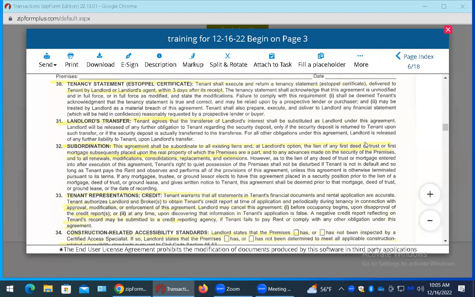Okay, so we are starting on page 4. We left off at page 3 last time. So the estoppel certificates. The tenant shall execute and return a tenancy statement, which we call estoppel, delivered to the tenant by the landlord or landlord's agents within 3 days after its receipt. Sometimes if a building is up for sale or anything like that, then the new lender will require these estoppels. So when you deliver estoppels, if you are